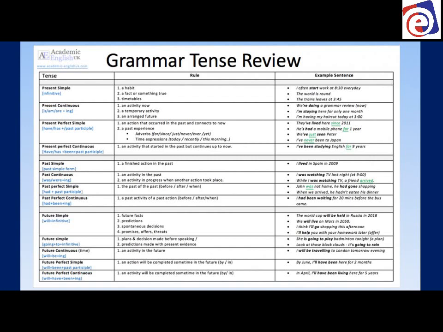Past perfect continuous, a past activity of a past action. And so it's using the ing. I had been waiting for 20 minutes before the bus arrived. And so I had been waiting, and that is a past tense. I had been waiting for 20 minutes before the bus arrived. Okay, or before the bus came. All right, and so let's look at the